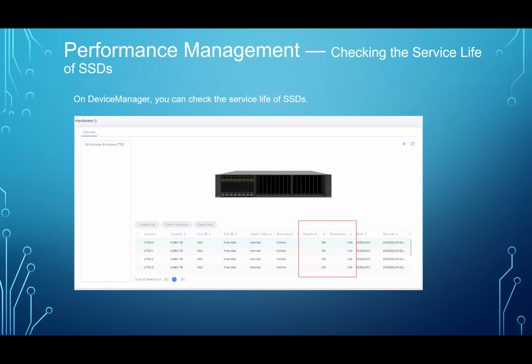Another point you can do for the performance management is checking the service lifetime of the SSD. This is also a new feature for the Dorado V6 firmware. And for the new products, you can go into the same view, system hardware, and then just click the controller enclosure or the disk enclosure, and the list of all the disks will be displayed. You can then